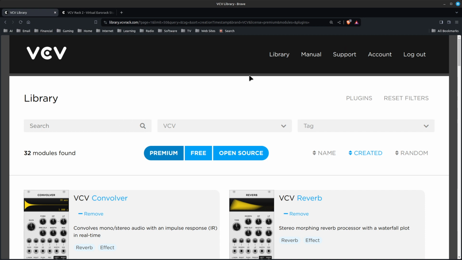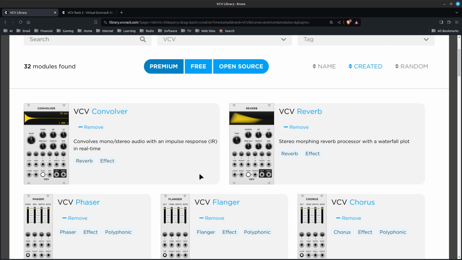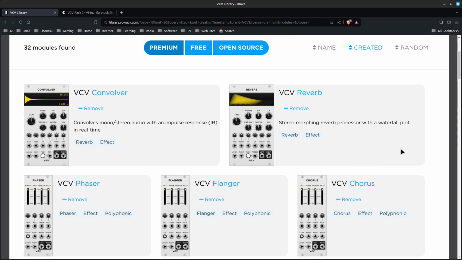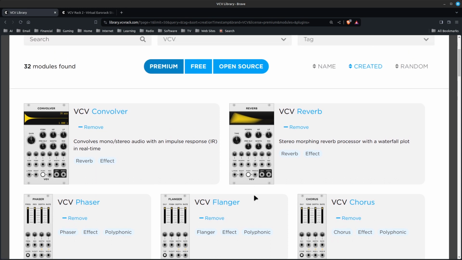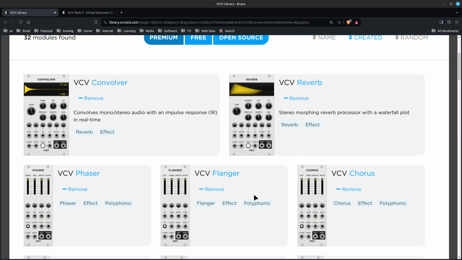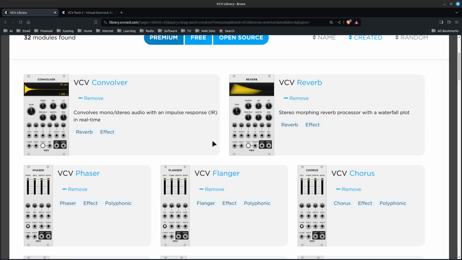So anyway, I went to the library page here just to show you what's in it. Like if you select VCV and you hit premium, it'll filter out all the free things, and there's a lot of free things to get you started. And then at the top, these are the things that you get in the Pro version. Now there's a bundle at this point. It's been like this for a while and probably will be for a good amount of time, but it could change. It's $149 US for the Pro version, which means you get